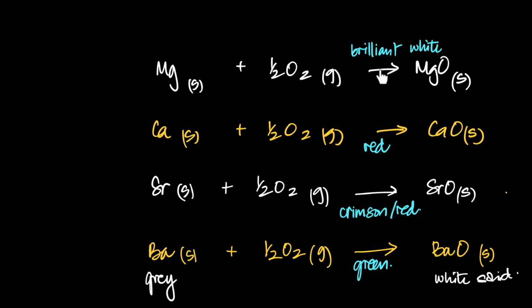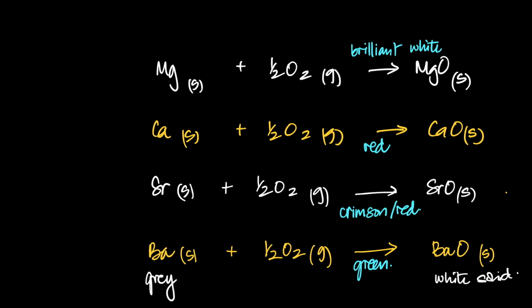Now you won't have to draw them by color, you just have to learn them by name, because they will ask, what flame color does magnesium burn in oxygen? White. Calcium, red. Strontium, crimson or red. This is what they're looking for in the answers, by the way. In MCQs, this is the option they've given, but they're the same thing. And barium burns in a green flame. So now I'm going to show you the flame colors for at least these three, and then the video of